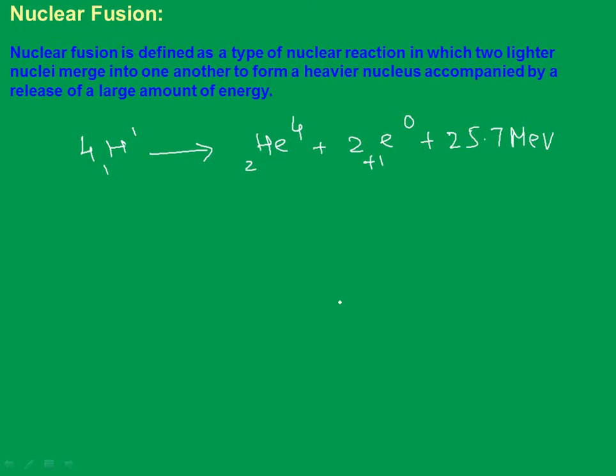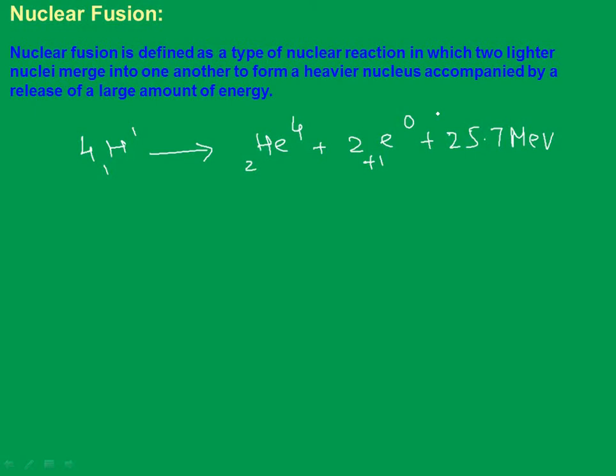Look here, you can notice the smallest of all combining to give us a stable one along with particle radiation and then energy. Are we clear with this? Now the point is, in this reaction, the mass of the helium is smaller than the sum of the masses of all the 4 protons, that is, hydrogen-1. So this difference in mass will be liberated as energy in the fusion process.